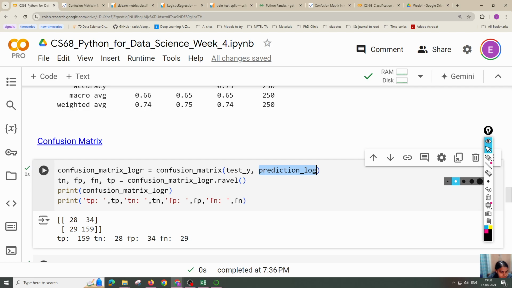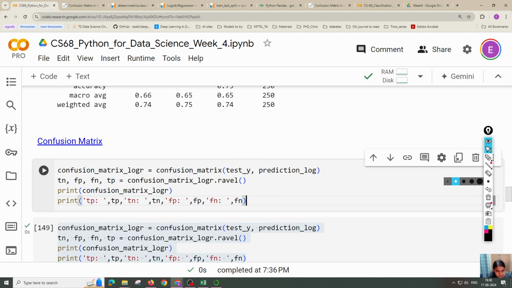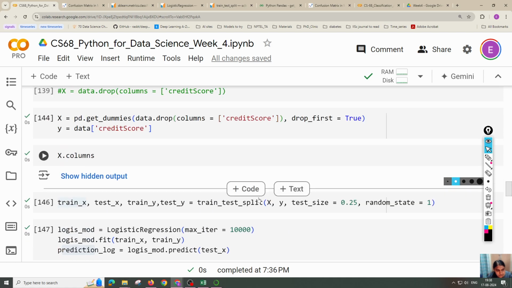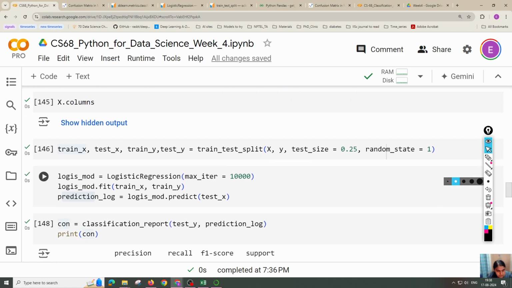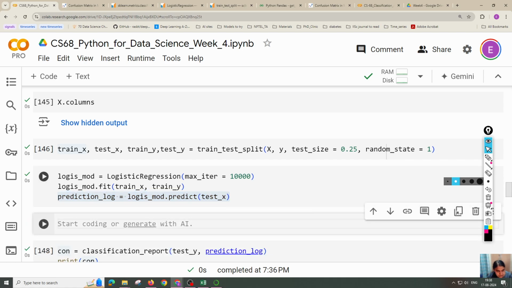If we use the training y in place of test y, then it will usually show more accuracy if it has learned nicely. In that case, you can't use the prediction just for a moment. If you see here, the prediction log I have given is for test x, which doesn't have any meaning there actually, because it is already trained on the train